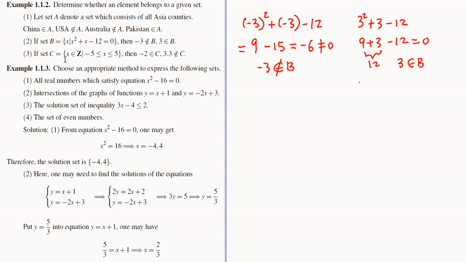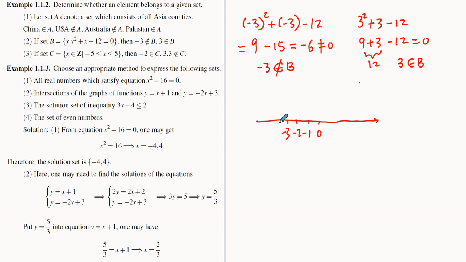Okay, so we want to use the set notation. This is the set notation. So then we can see here, -2 will be in C, because if you draw here, this is the axis. Here you will have negative 1, negative 2,